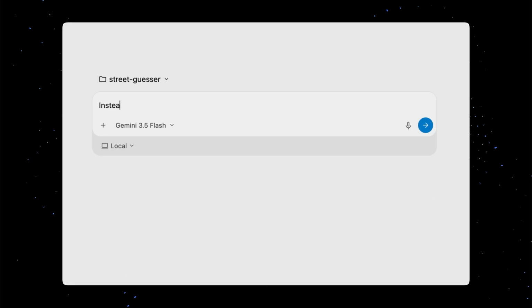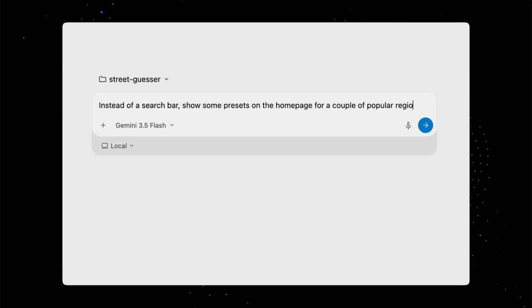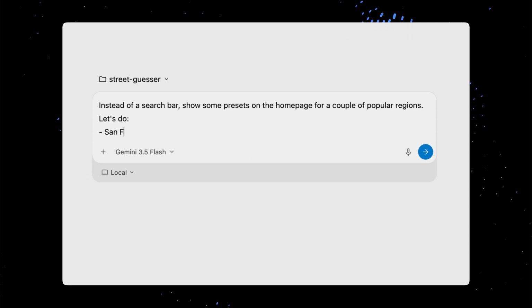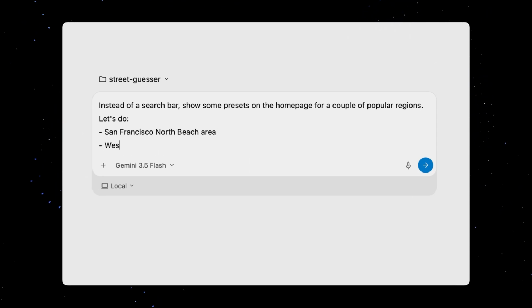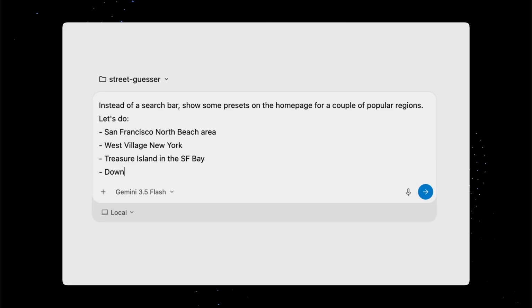I'll say, instead of a search bar, show some presets on the homepage for a couple of popular regions. Let's do San Francisco North Beach area, West Village, New York, Treasure Island in the SF Bay, and downtown Dallas. What's really nice about using a fast and intelligent model like Gemini 3.5 Flash, our agents are already waiting for